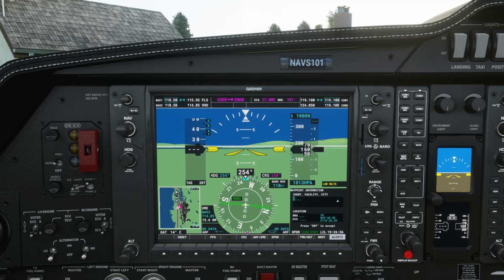Or you can scroll to, say, FLE, which is the VOR, and put that into the flight plan. The system immediately recognizes it. You click enter, and it's drawn a line right back to FLE.